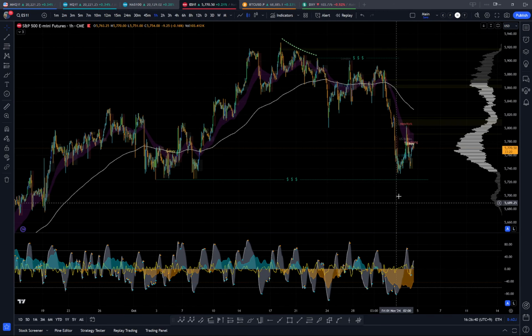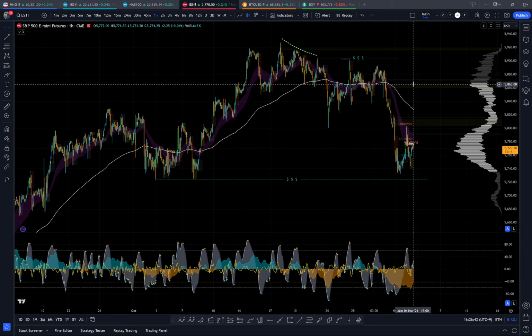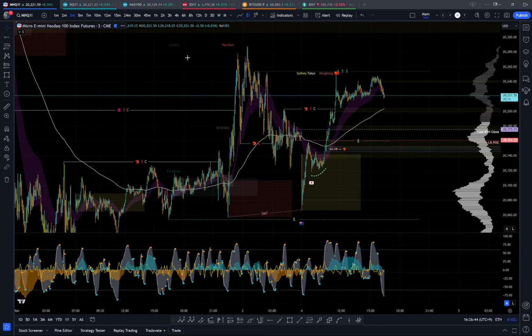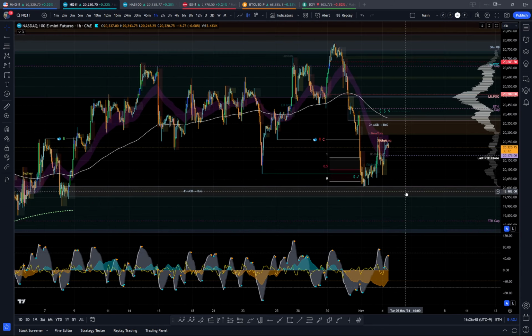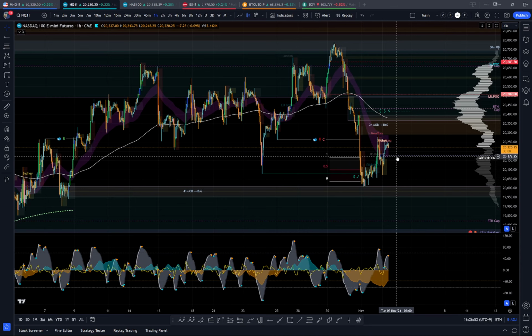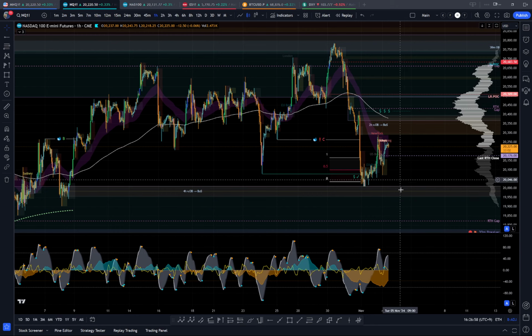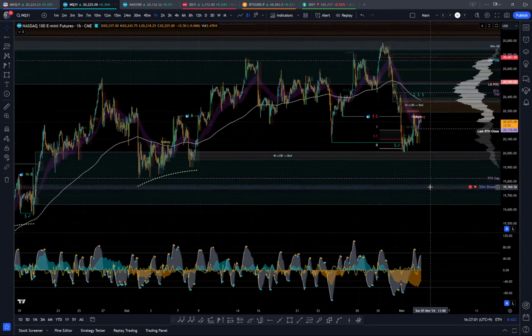For bigger pushes up into structure, I'd like to see these lows getting taken. And it's kind of the same for the NQ. We have reasons to swipe down, and they could swipe down very, very quickly and get bought up very quickly, and it would be a nice thing to see if we wanted to see some kind of bullish push into